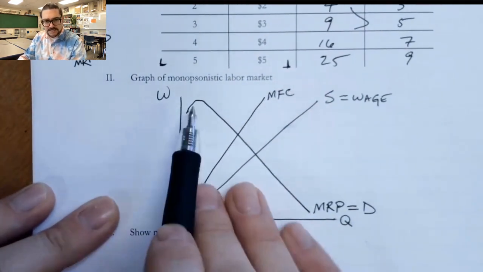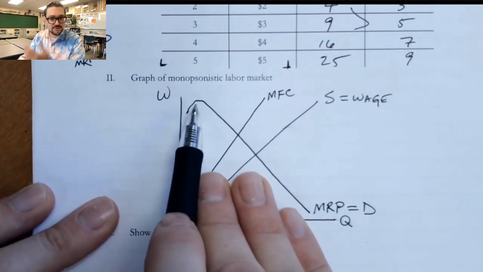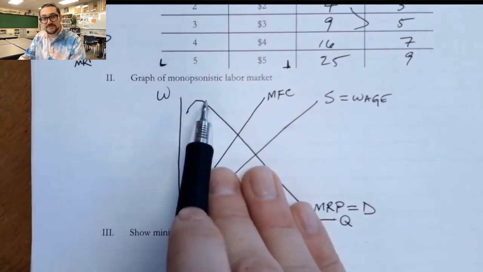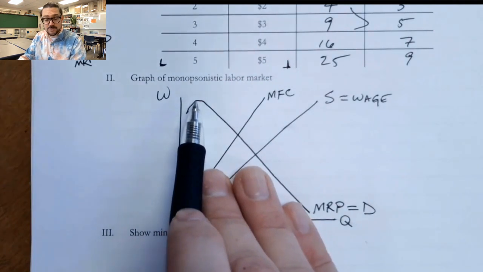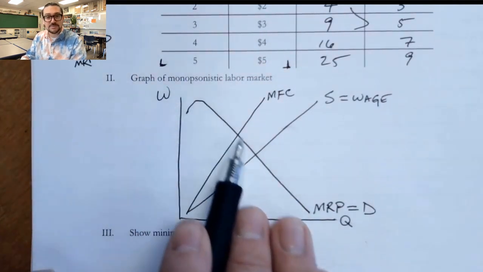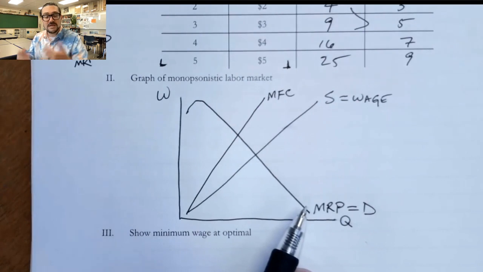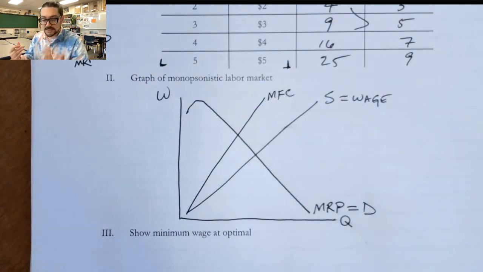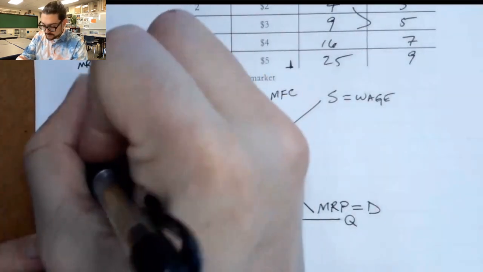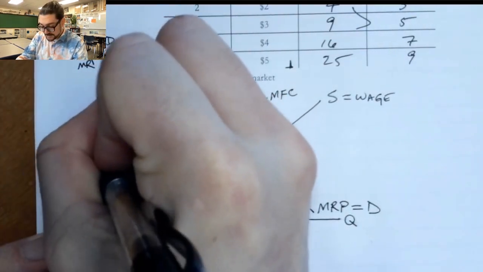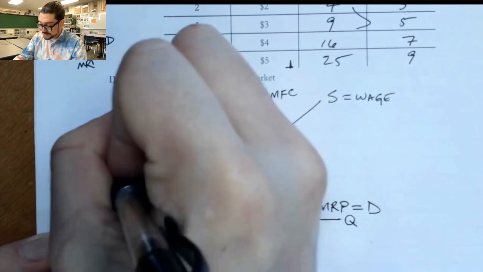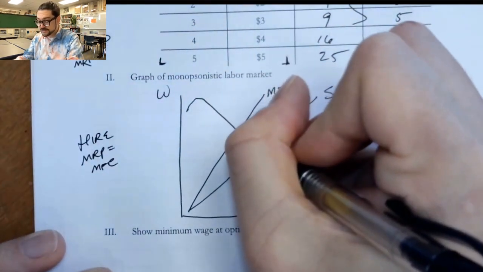Again, the little increase here is because the workers are specializing, so they're getting a little bit more marginal product from each worker. And then there's diminishing marginal returns, which causes the MRP to fall as the marginal product of each worker gets less and less as you hire more workers. Now, they hire where MRP equals MFC. And so they hire this quantity right here.